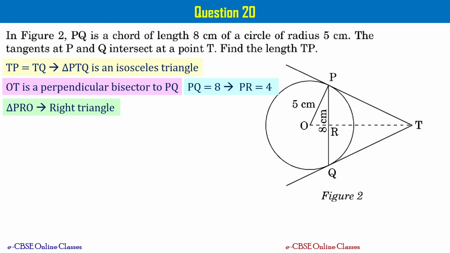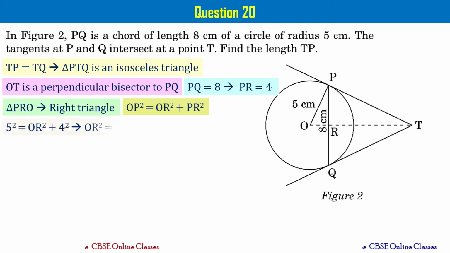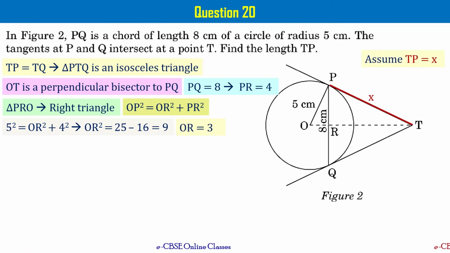So PR is going to be 4 centimeters and QR is also 4 centimeters, right? Now, if you observe triangle PRO, it is a right triangle. Angle R is 90 degrees. PO is the hypotenuse, right? So you can apply the Pythagoras theorem. The Pythagoras theorem says that OP square equals OR square plus PR square, where OP is the hypotenuse. When you substitute the values OP equals 5 centimeters and PR equals 4 centimeters and simplify, you get OR equal to 3 centimeters. Let's take note of this. And now let's assume that